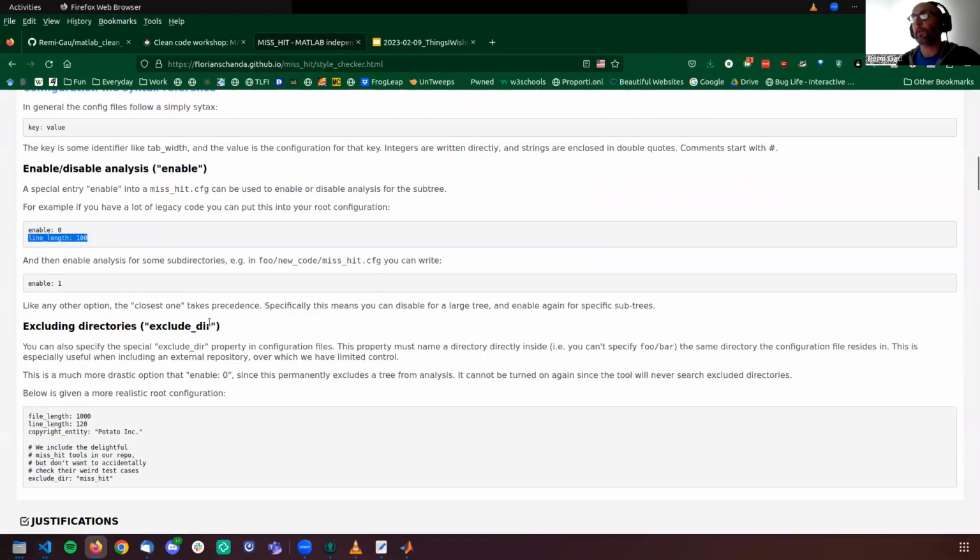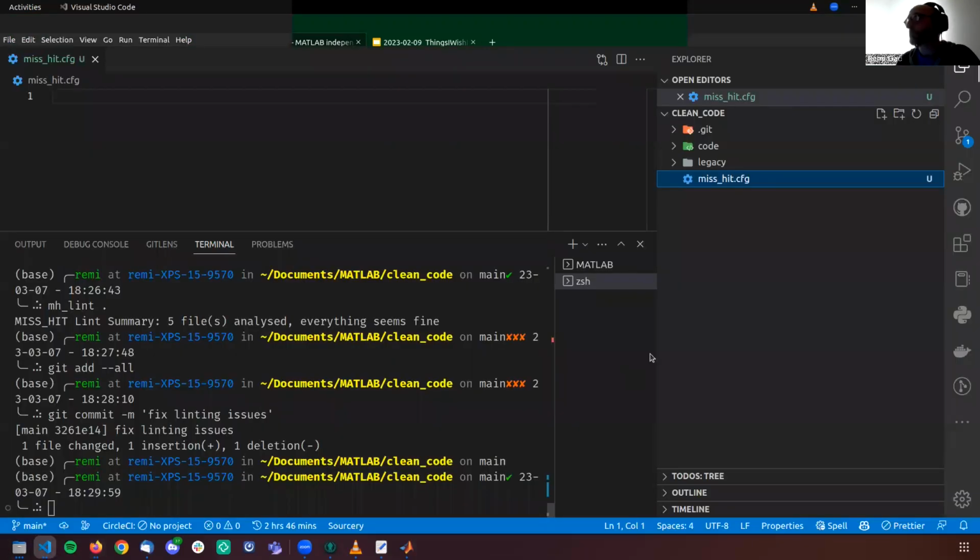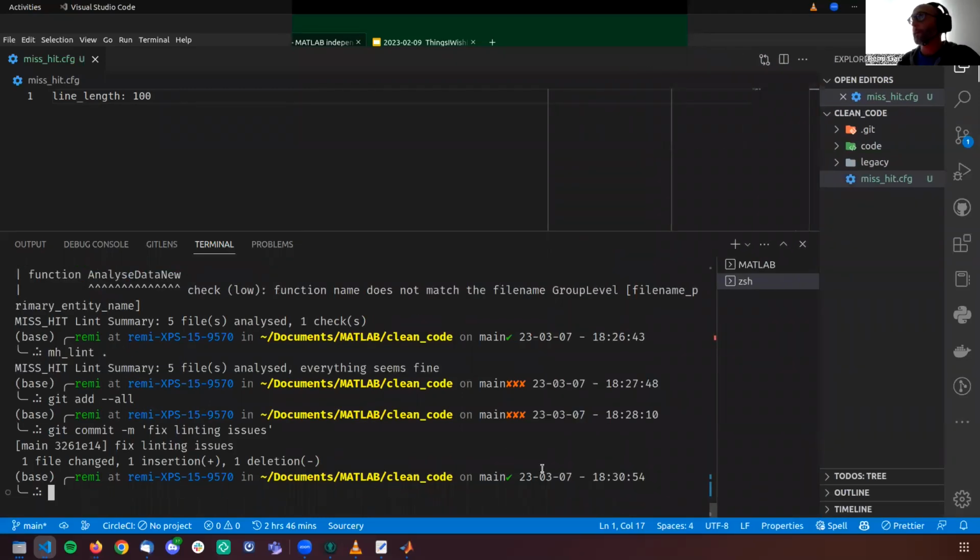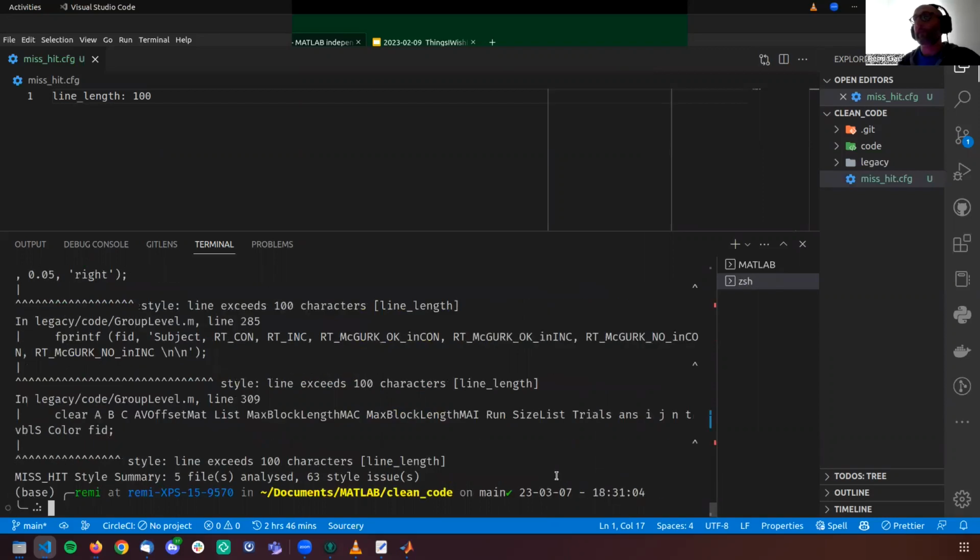For example, we want to make sure that our lines are not too long, or we want to figure out if we get a lot of errors because of that. So the way you would start off doing this is that you're going to be running, in this case, mishit style to reduce the number of errors you get, right? Here, for example, we're still getting errors for line length.